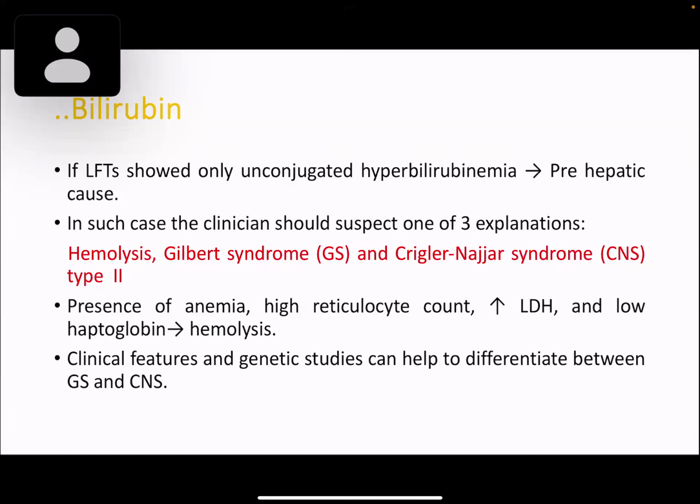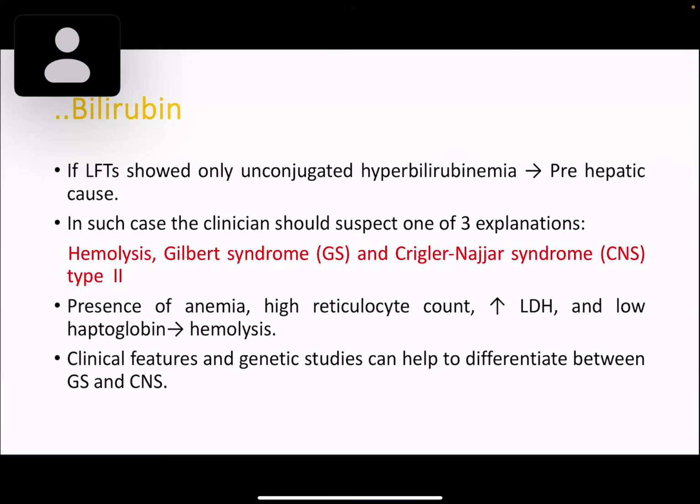So when interpreting liver function tests, if the tests show only elevation of unconjugated bilirubin, we have to consider important differentials, including hemolysis or Gilbert syndrome, and rarely Crigler-Najjar syndrome. In such a situation, we have to assess the patient further for features of hemolysis, including CBC, peripheral blood film,